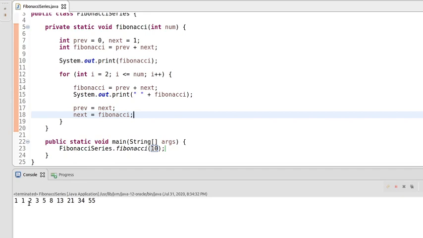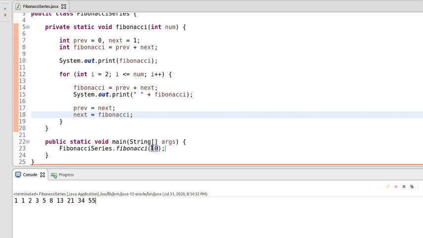So 1 plus 1 is 2 and 2 plus 1 is 3, 3 plus 2 is 5 and 5 plus 3 is 8, 8 plus 5 is 13, 13 plus 8 is 21 and 21 plus 13 is 34, 34 plus 21 is 55.